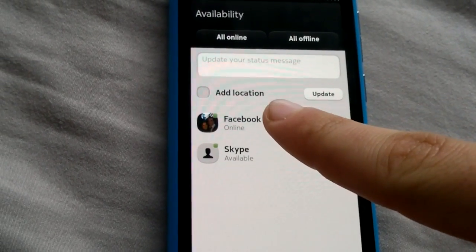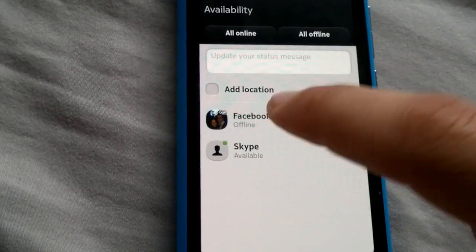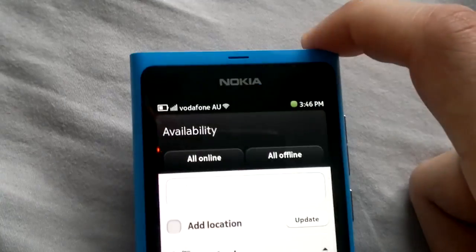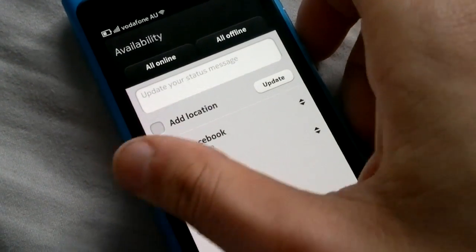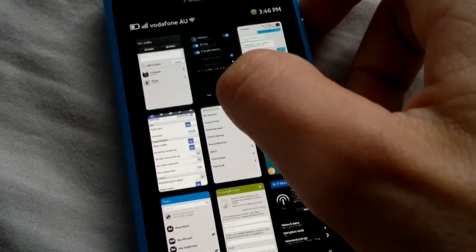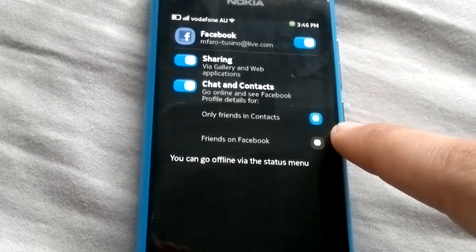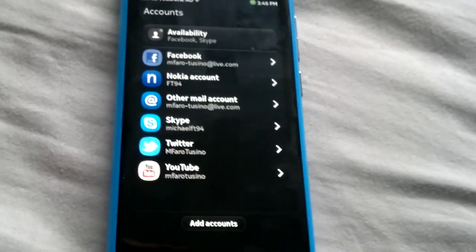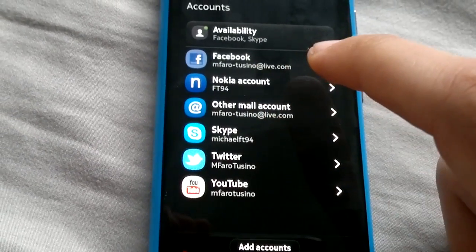So you can turn Facebook to offline, and you can have Skype online. You can do all online, all offline. If you want to update your status, you can just simply update it in there. Hit update, sends it straight through to Facebook. You can update all your settings and stuff through here. So you can have contacts and chat enabled. You can include all your contacts straight into your contacts feed, update them with their Facebook statuses, all that sort of stuff. Your Nokia account,